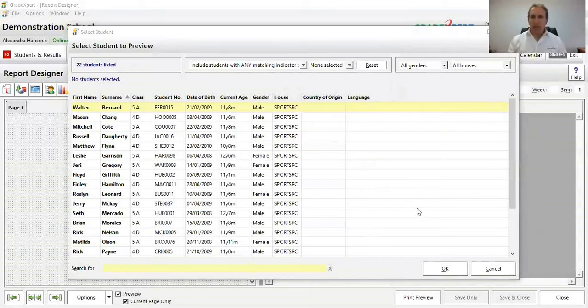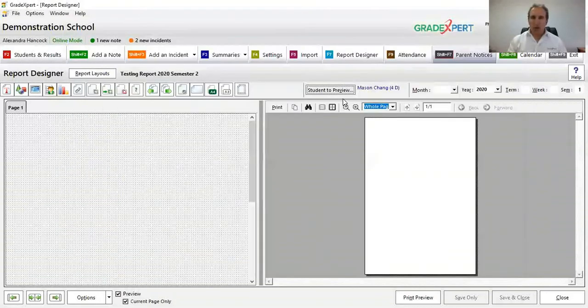And this means that the student who you've selected here to preview, in this case Mason, his data will be the student's information that's displayed on the preview. For this year and this semester, I'm just going to change it to semester 2 because when we display data on the report, we want it to be Mason's data that we've entered or still have to enter for 2020